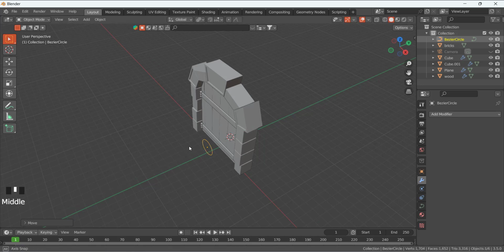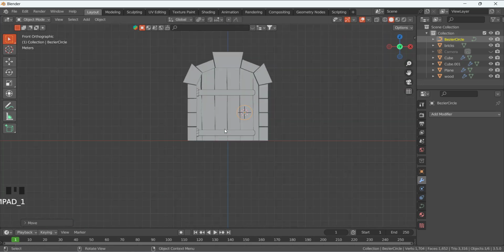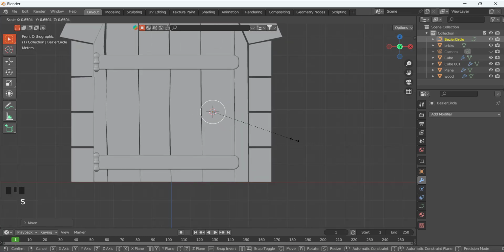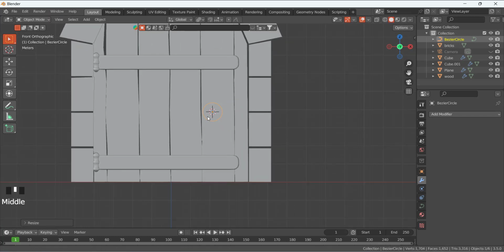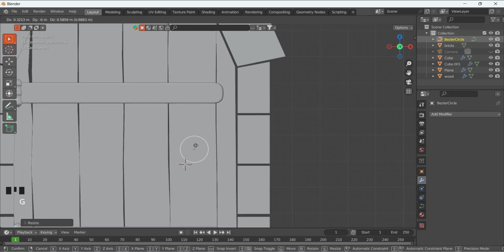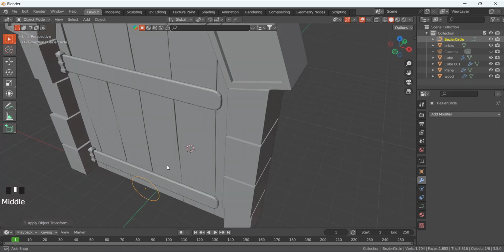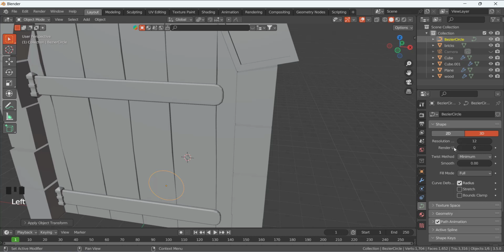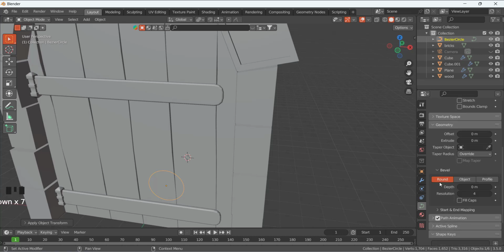Press 1. So just verify the sizes. For the size, make it smaller like that. G and Z to move it and place it here. Control A, apply the scale. And now if you select this circle and go here to the curve properties, object data properties for the curve, and here under the geometry, you can see we can add thickness to this one. So depth, I am going to add